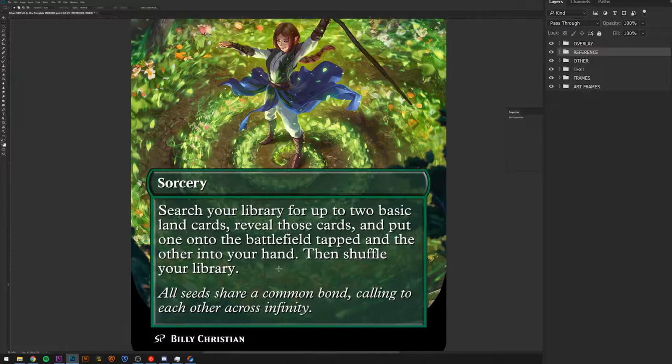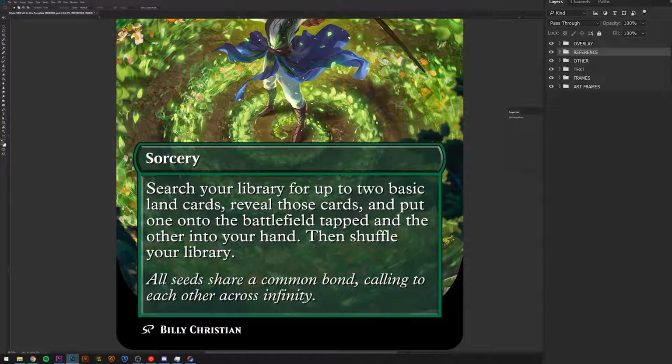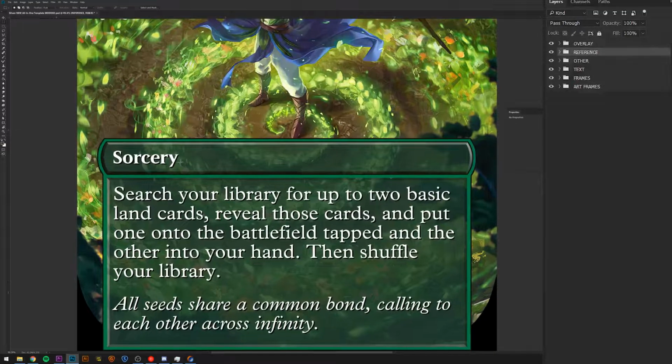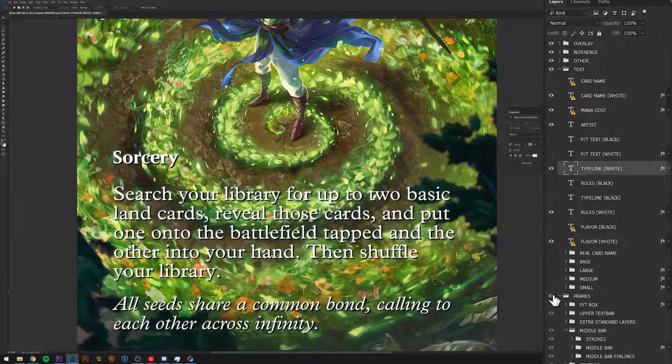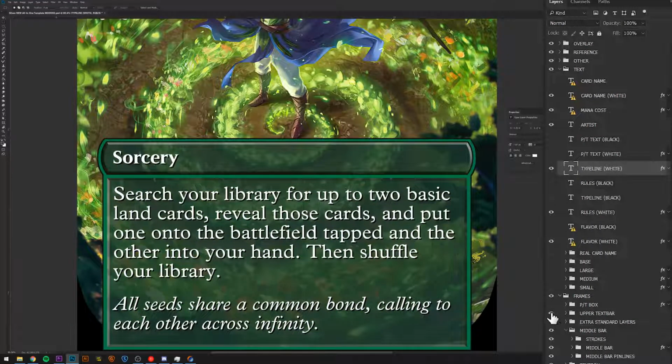So the first thing I want to think about when I'm thinking about how to make this whole thing get taller or shorter is that, on this template, it needs to have the type bar move up and down. So I need to find all of the layers containing the stuff that goes on this type line. I believe they have all of their editable text layers in one folder. So here's the type line, and then they have this frames folder where they have separated